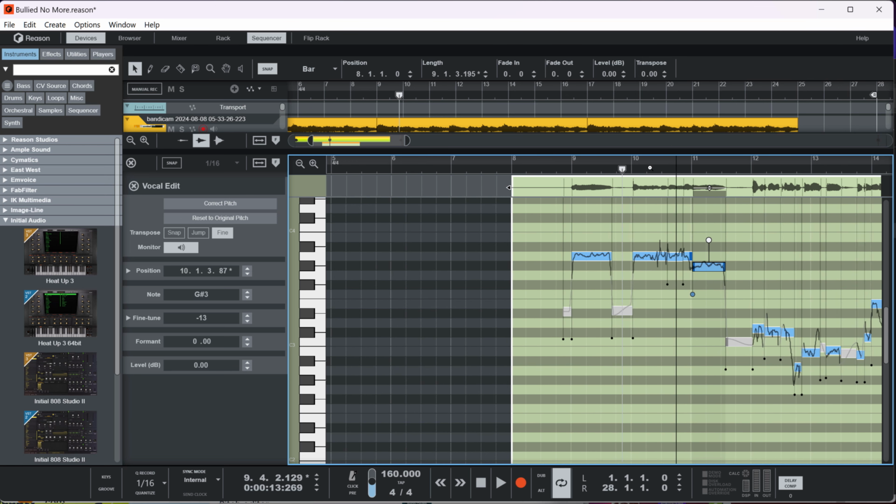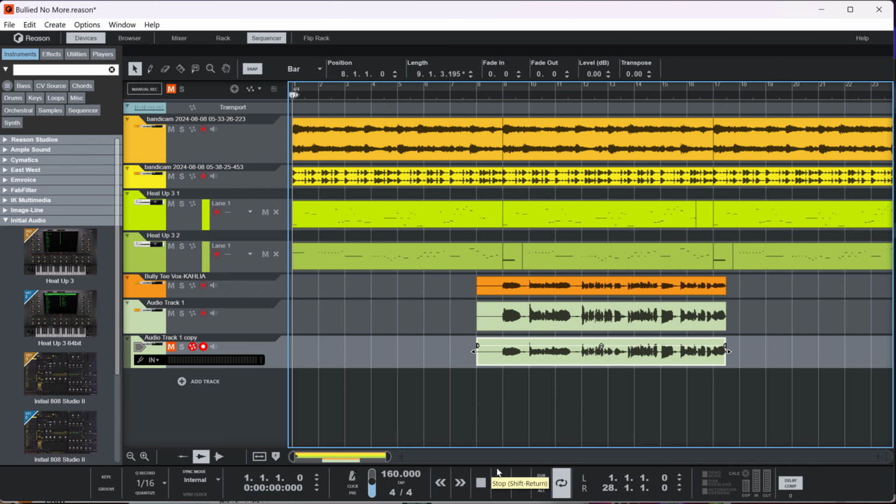You see what I'm saying, y'all? So what we did here is really took a simple melody, a drum loop already there. We just added the bass line, and then we added the melody, then we added the singing, and at the end of the day, we came up with this.